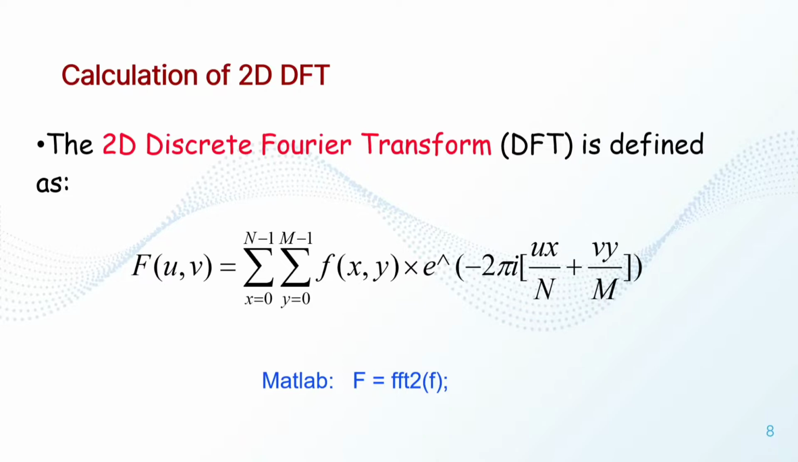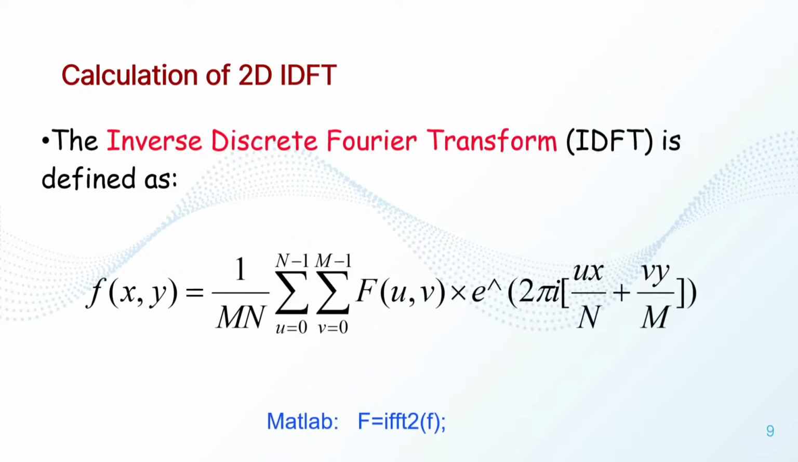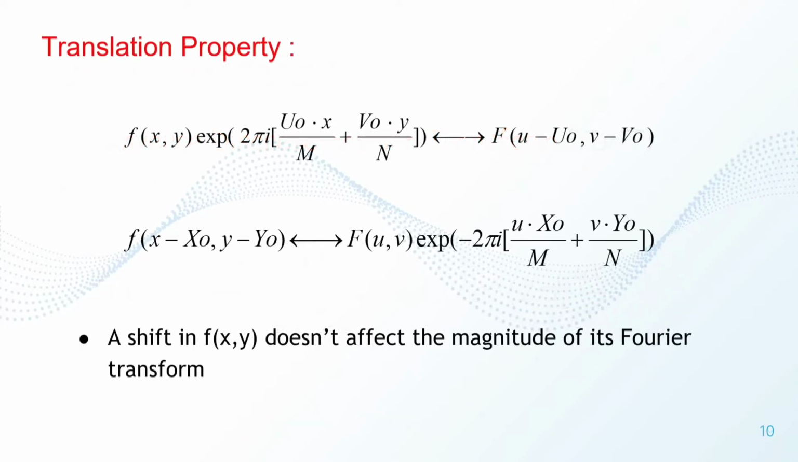Now let us see the calculation of two-dimensional DFT and IDFT. The 2D DFT is defined as below. The MATLAB command for the calculation of 2D DFT is FFT2 of the function. Now the inverse discrete Fourier transform is calculated as below, and the MATLAB command for its calculation is IFFT2 of the function. Here, the multiplication factor 1 by mn is used interchangeably. Now, coming to the properties of the